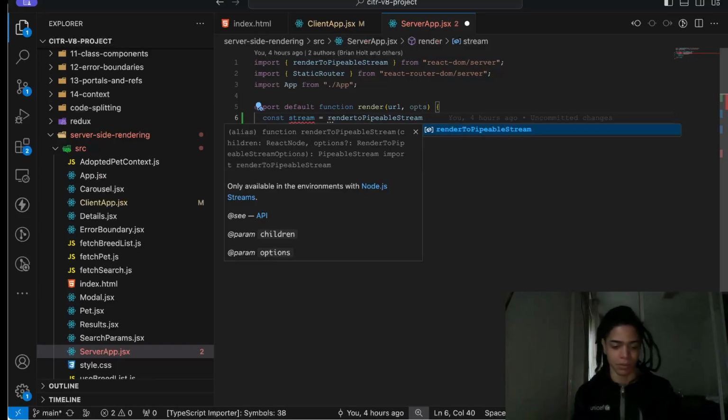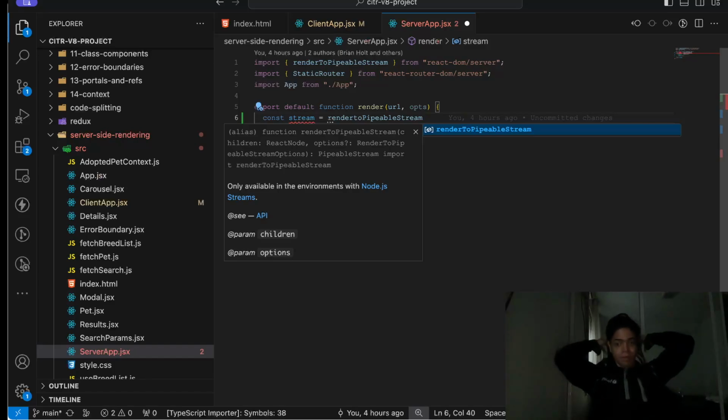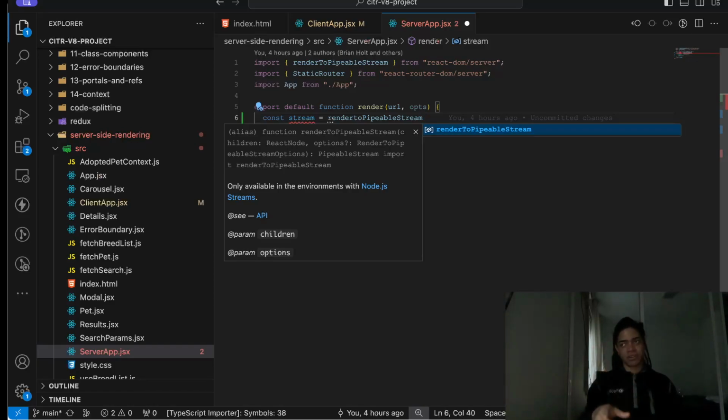That's one of the reasons why a lot of people are using Node streams, because in the past we waited for the complete render. We block the main thread by letting the server run this application, by calling the render function and waiting for that to happen. That might be great for small applications, but when you have to serve over 10,000 clients,